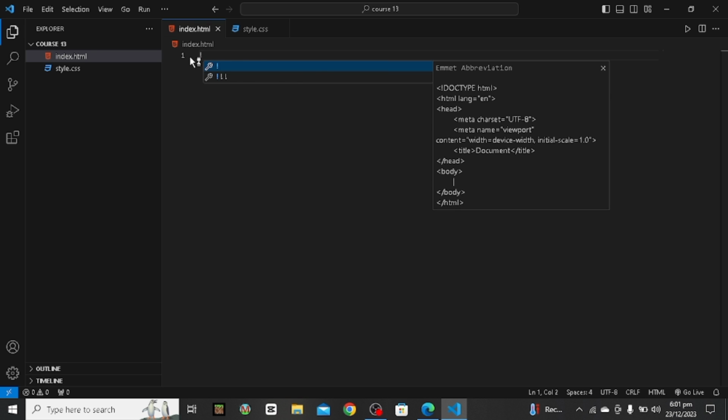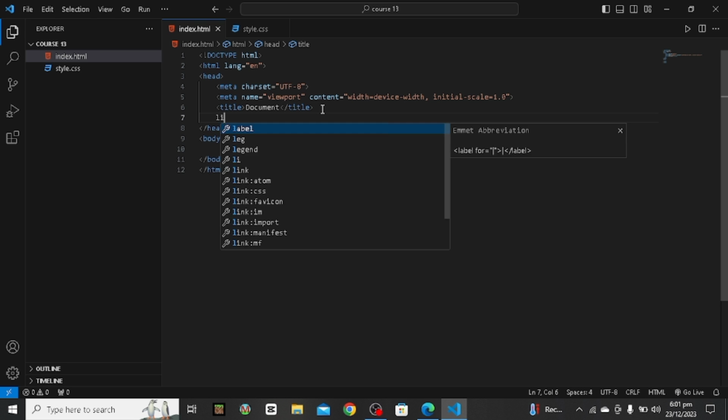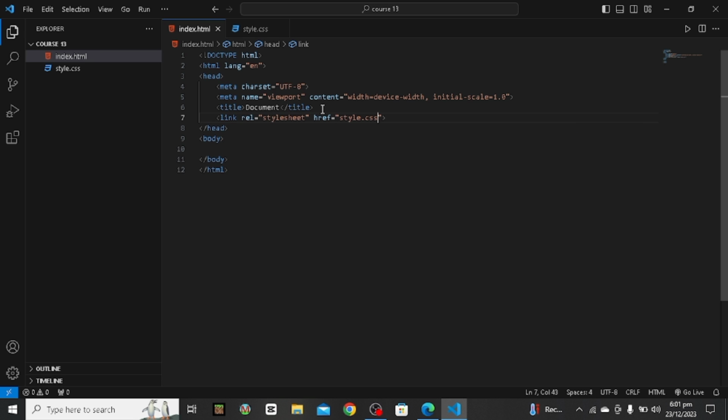Now I will press Shift plus 1 to write the full syntax, and I will link the CSS and HTML files like this. Now I will show you this H1. I will write here hello. Now when I go live,